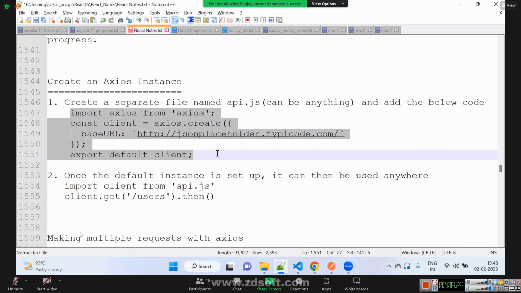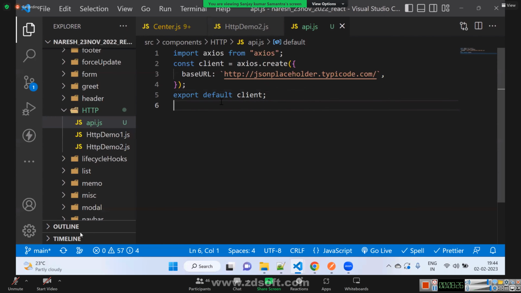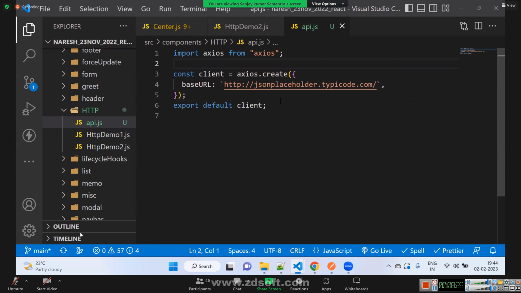So I'll import Axios. Then I'm creating one Axios client, axios.create. The base URL is jsonplaceholder.typicode.com. When will it be useful?